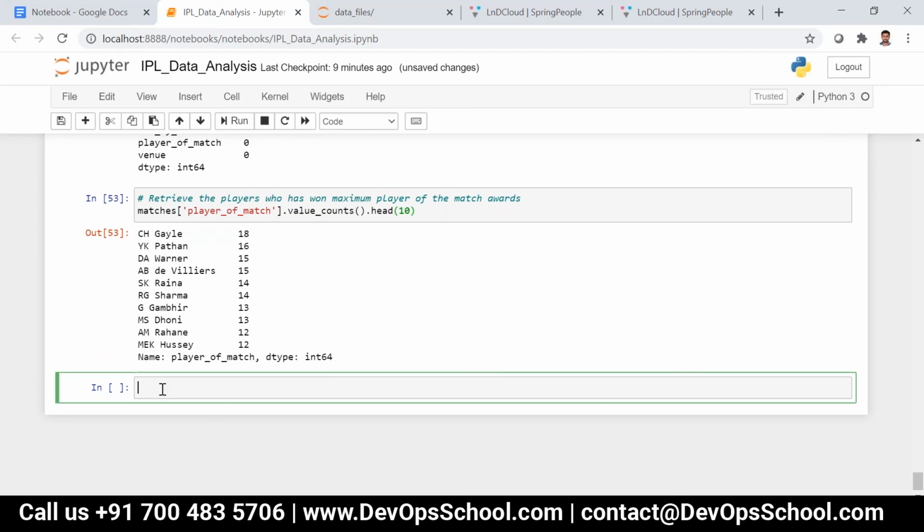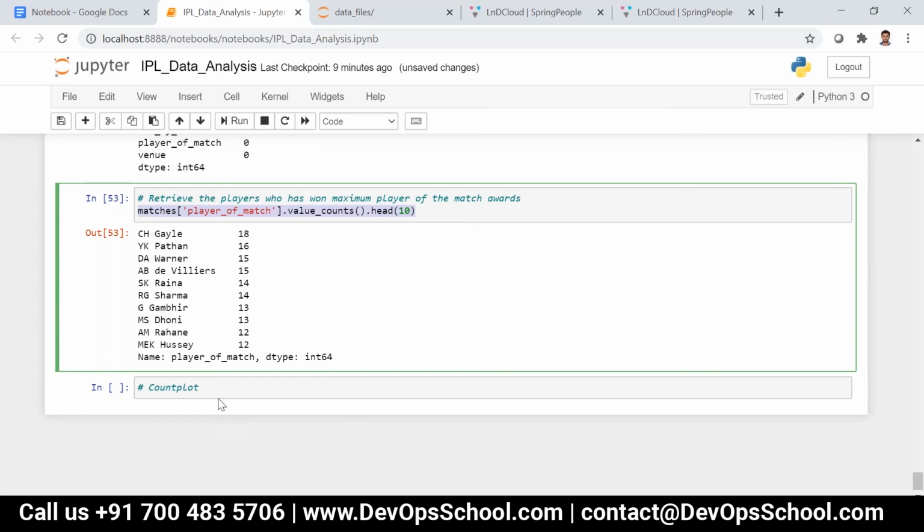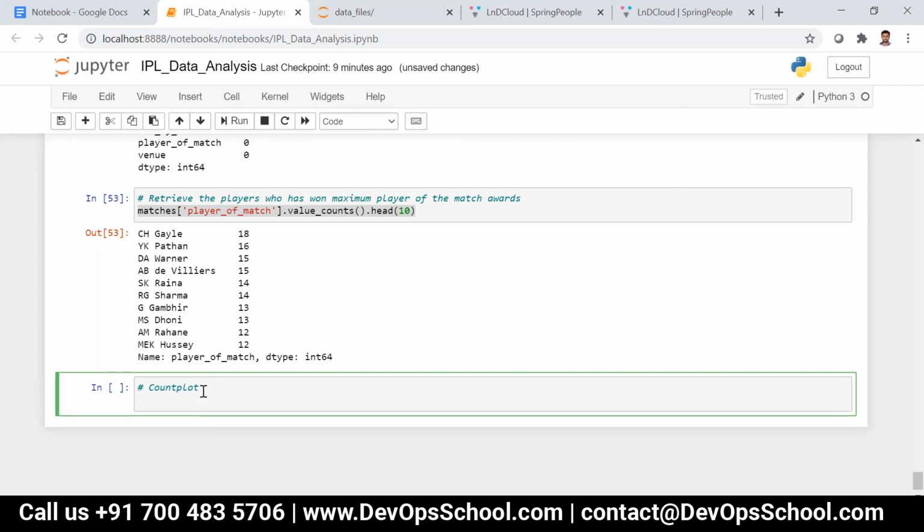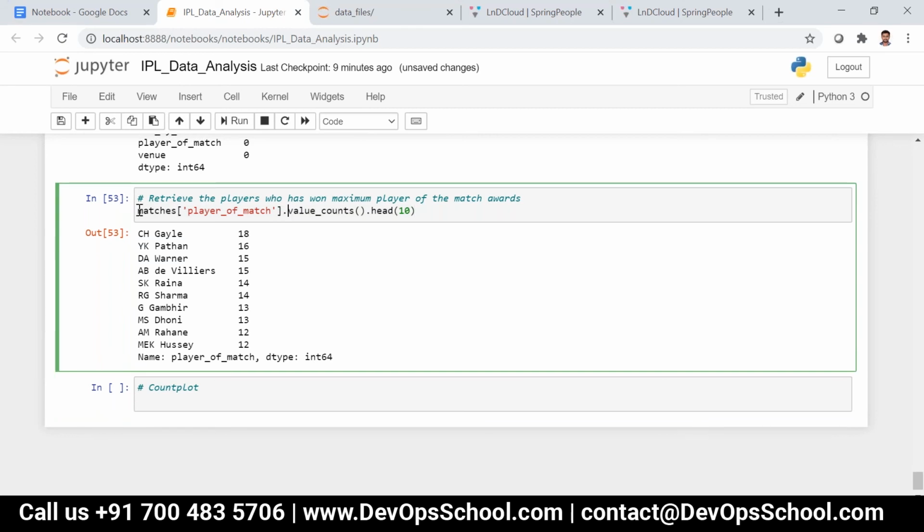So we have something called count plot. We did this, right? The same thing can be done graphically. Let me save this as most man of the match awards.